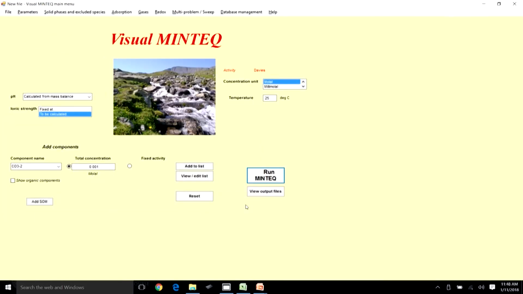I am going back to the input menu, and now I am going to change the system such that it's an open system, pardon me. Initially I am going to keep the carbon dioxide concentration relatively low, similar to what you would expect in the atmosphere, and let's see if there is any change in the pH. In the second trial, we are going to increase the carbon dioxide concentration that would be in equilibrium with your aqueous phase. So what would you expect in such a scenario?